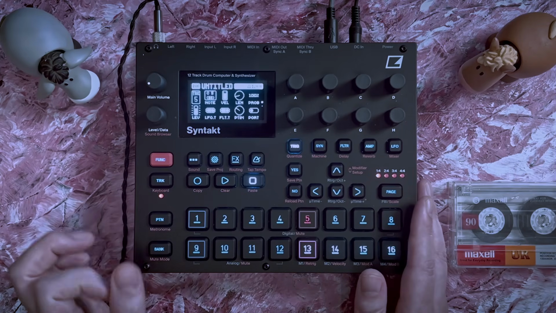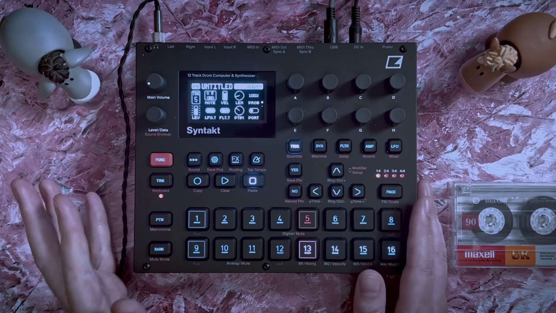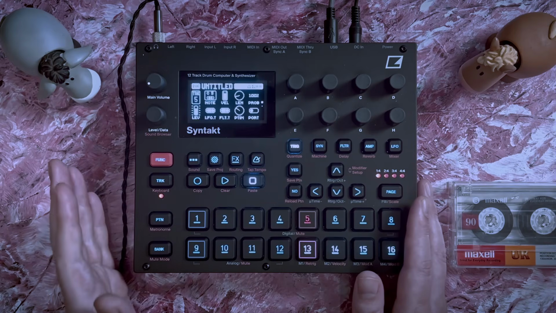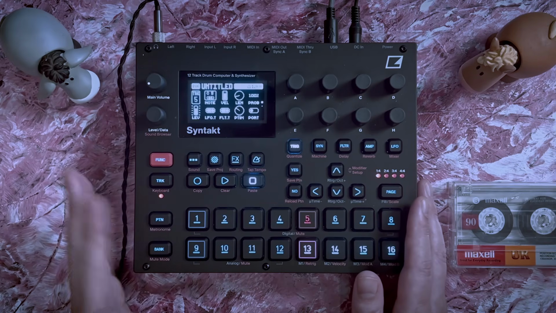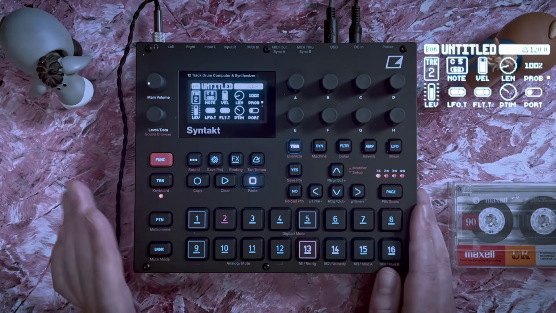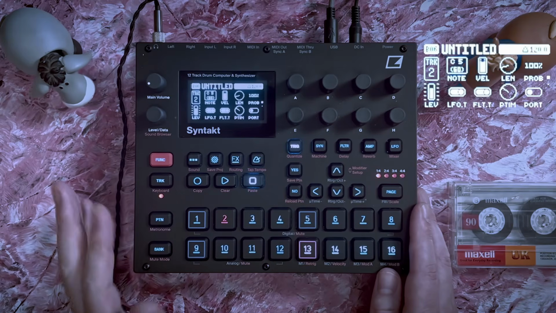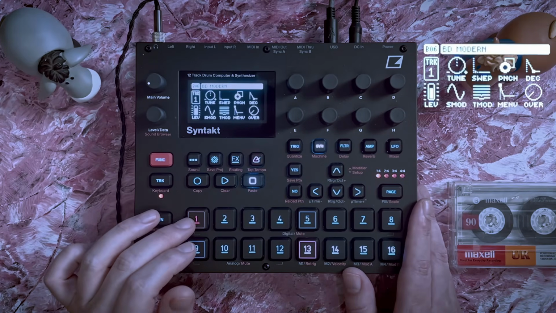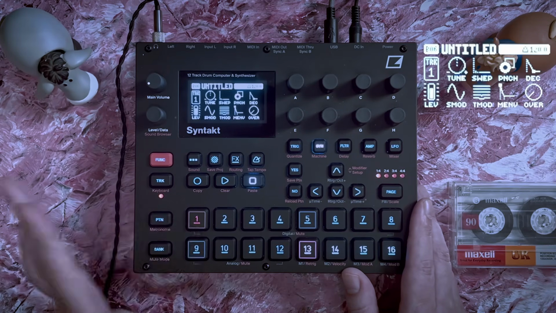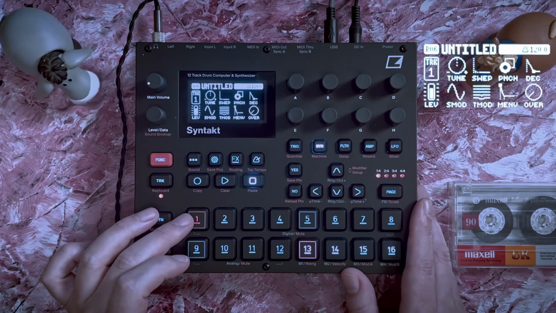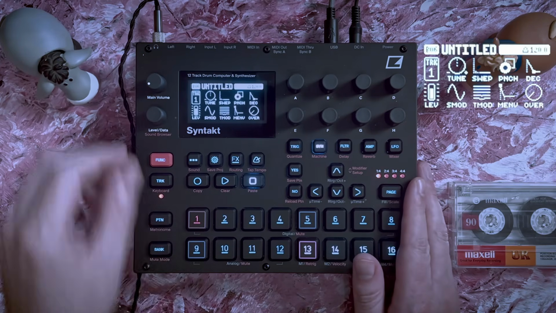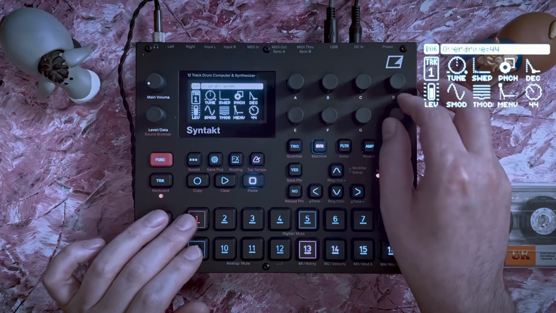For this first edition, I would like to talk about abusing machines, or just using machines in a way that they're not intended in the first place. I am going to take the standard template sounds and have a look at them and see what the actual parameters are, and then break it down a bit and make something else out of them. So hopefully this is going to be interesting. And yeah, let's go. Let's have a look at our first machine here, which is the BD Modern,